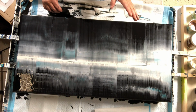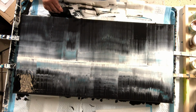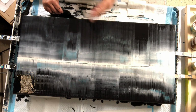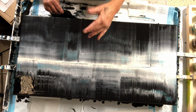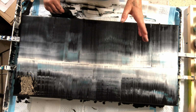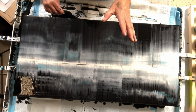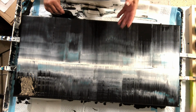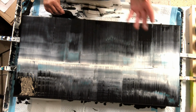They generally take a little bit more water, a little bit more pouring medium. You want all your paints to be the same consistency. At least I do on my swipes. If not, the heavier body paints are going to sink to the bottom. Now, that can also give you a really cool effect, but those are the kind of things you want to pay attention to. Things that you want to experiment and learn and take notes from. That's how you get better at this, by just paying attention to what your paints are telling you,